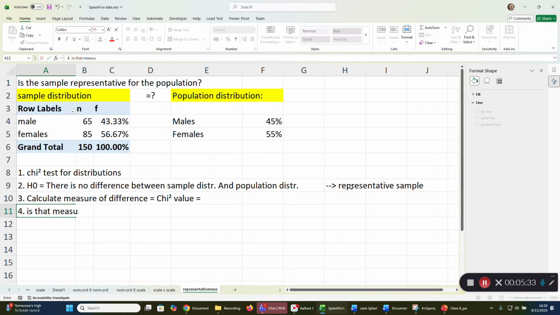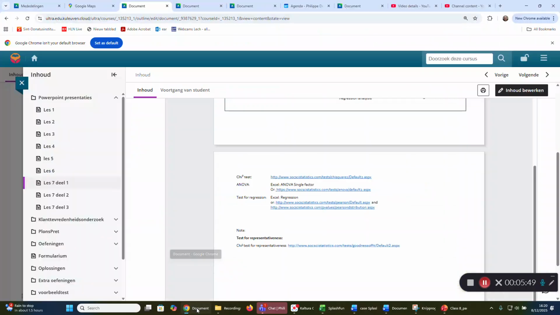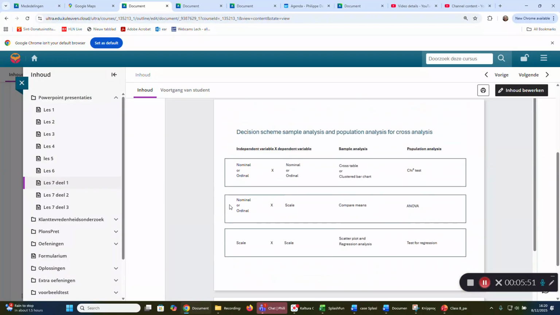Is that measure significant or not? That's the question. Or in other words, is that difference that we observe between the sample distribution and the population distribution significant or not? Now, therefore, we apply our chi-square test for distributions, and if we go back to our formula